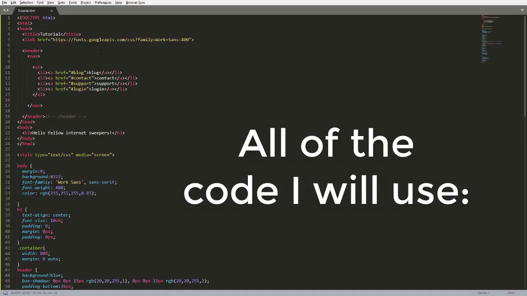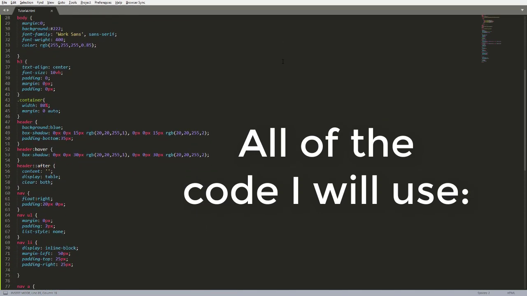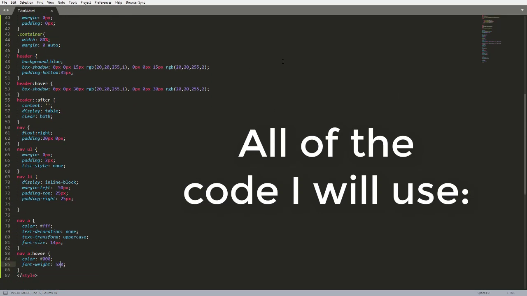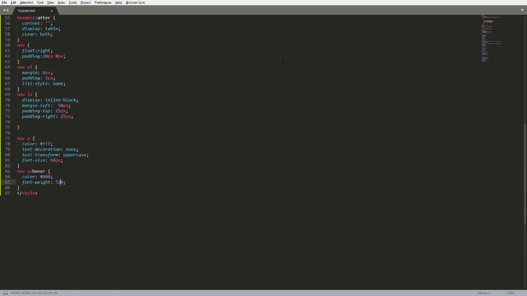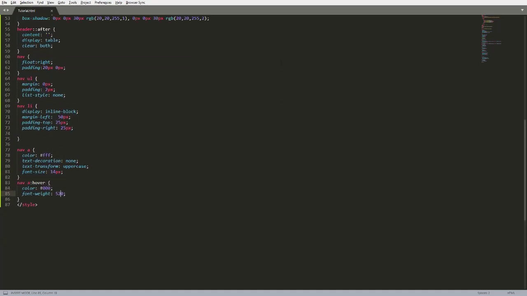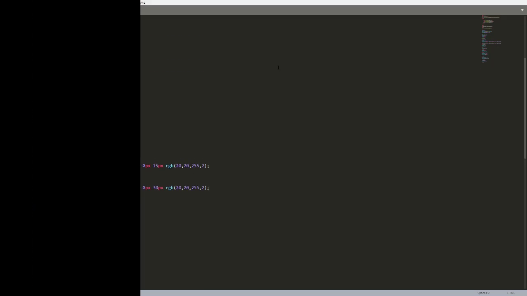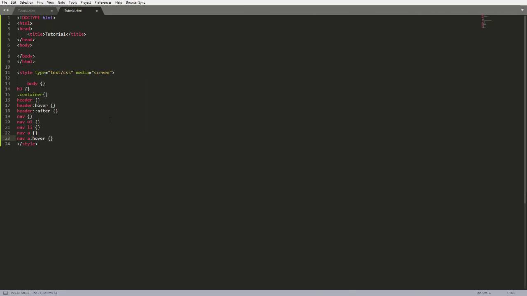This is all the code I will use, as you can see here. Yeah, it looks like a lot, but it's actually not. Yeah, so that's what all the code is, and okay, so I'm going to start here by,